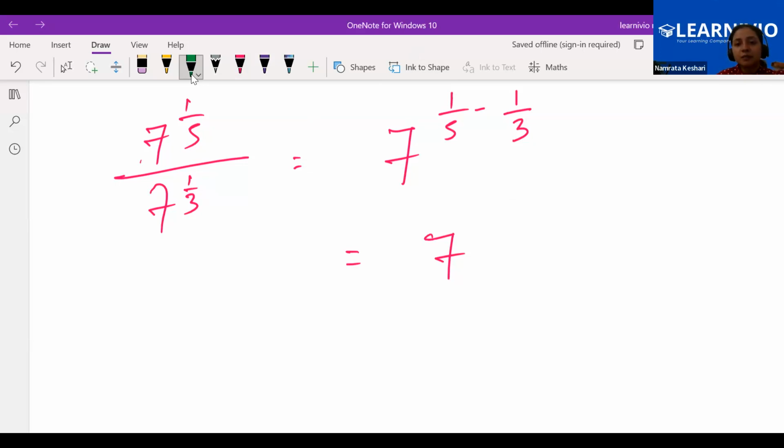LCM we need to take to make the denominator same. LCM of 5 and 3 is